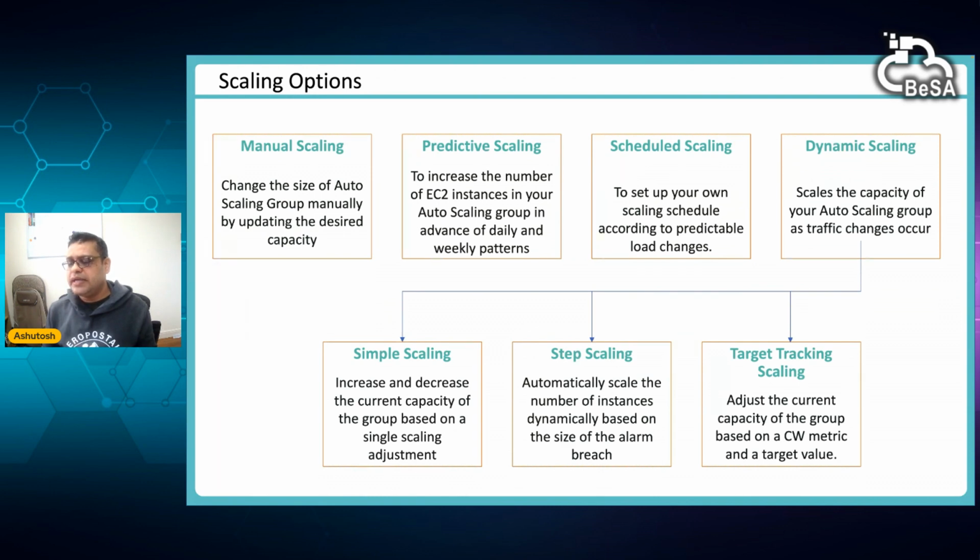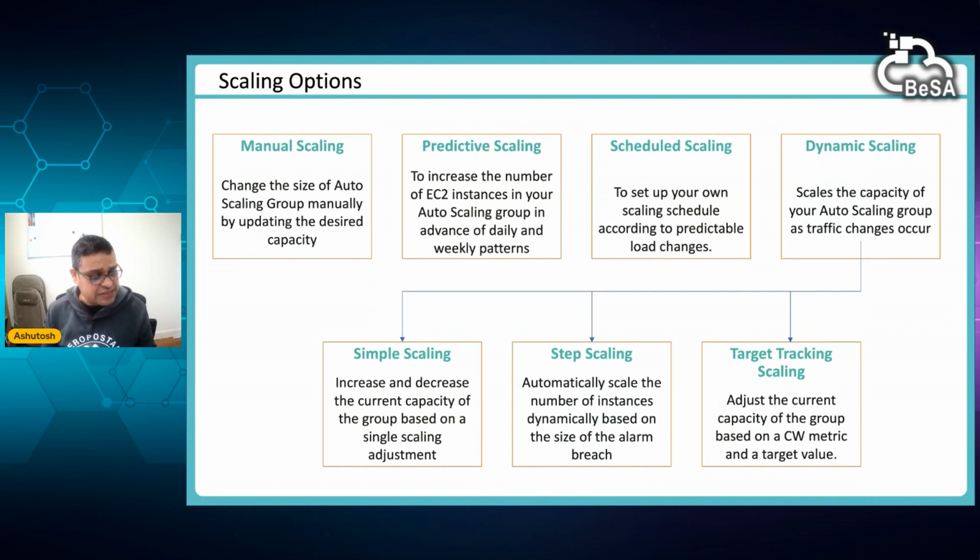Now we have dynamic scaling also, right? Based on certain triggers, you can have scaling out or scaling in events, based on how the traffic profile changes. There are three ways you can do this: simple, step, and target tracking. In simple scaling, you can have a simple CloudWatch trigger. Just maybe EC2 CPU goes beyond 60%, trigger an auto scaling event, right? If it goes below 30%, then a scale in event, right? So you can have simple scaling, or you can have step scaling.